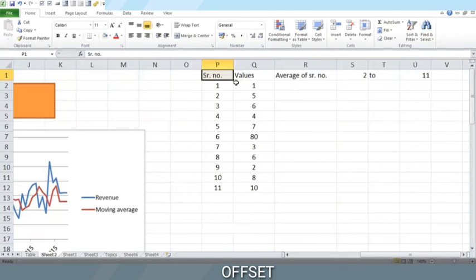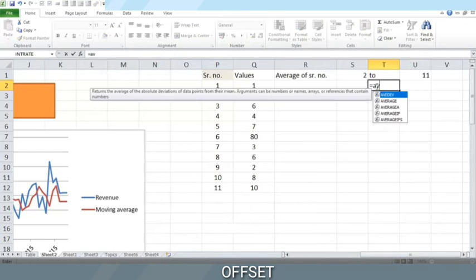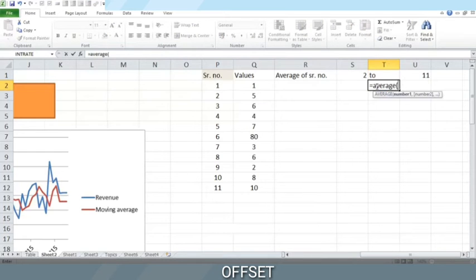Let us see a more practical example of offset here. Here the user defines that average has to be of serial number 2 to 11, and this is my set of values with the serial number. Now if I want the result here, this time I'll use the offset with an average. Let us take the reference as this cell.